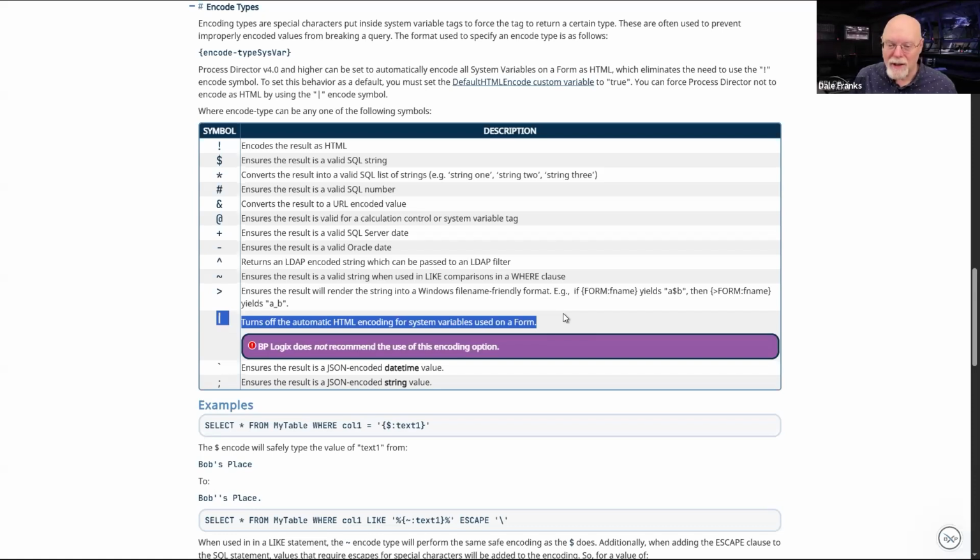If you're using this encoding option, it's okay if you're trying to do a specific debugging thing. And that's the only time it's okay. Once you've done your specific debugging thing, you need to turn it off.